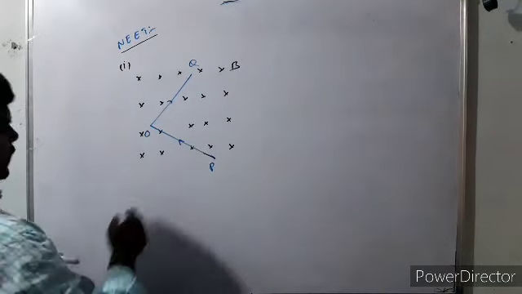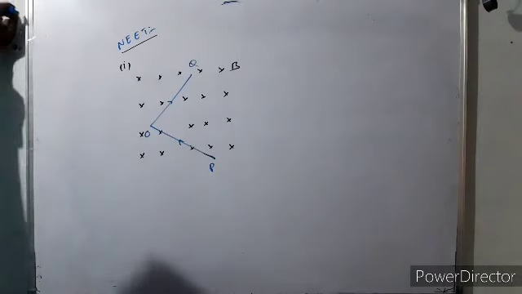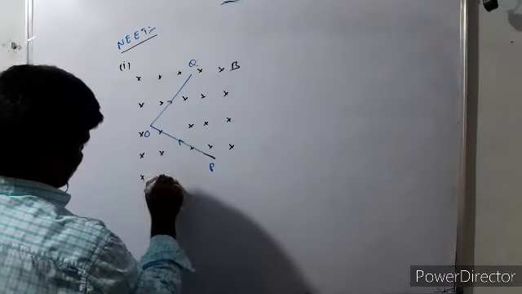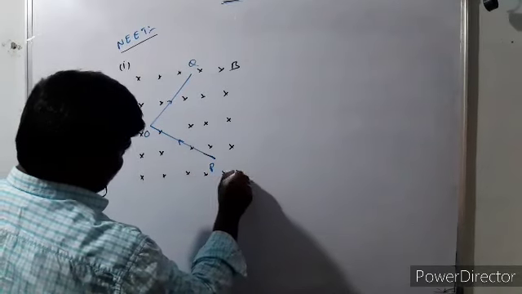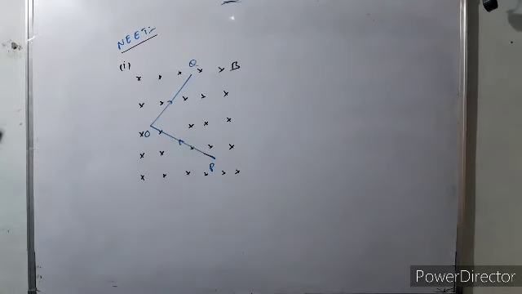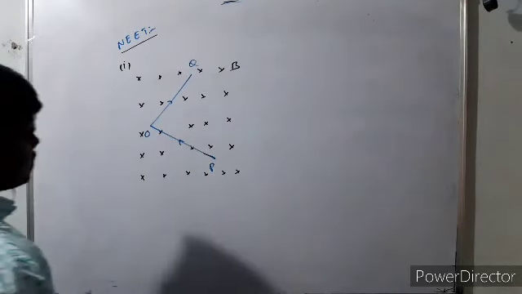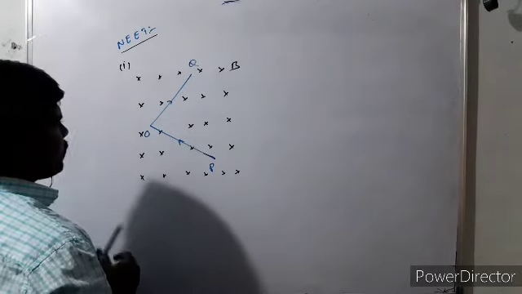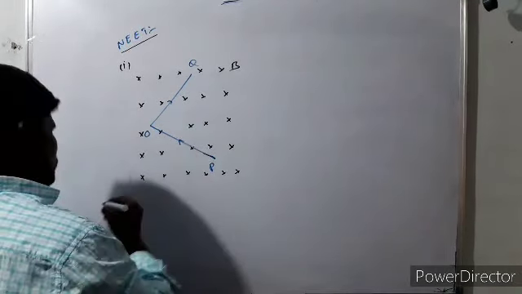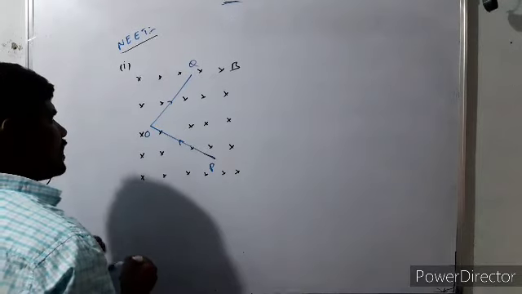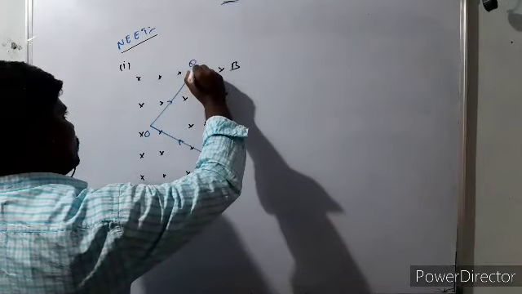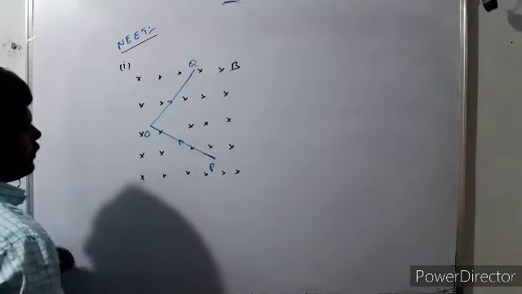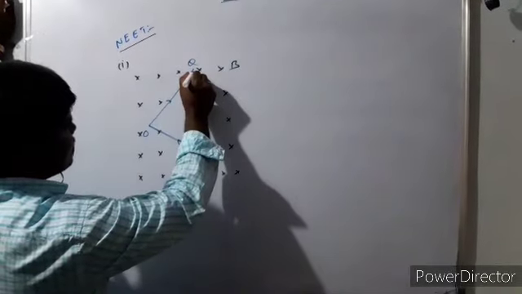So, what is the force acting on this conductor? We already know the force on a conductor is independent of the shape of the conductor. It depends only on the shortest, perpendicular distance between the endpoints. Here, P and Q are the endpoints of this conductor. Now, what is the perpendicular distance between points P and Q?